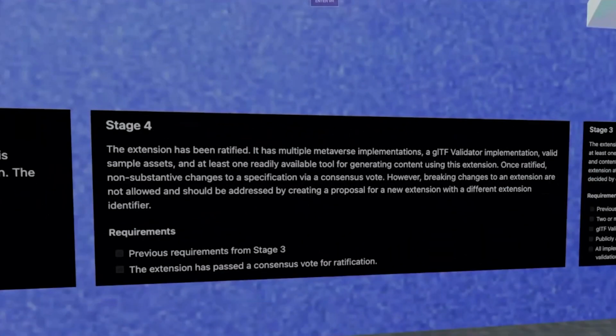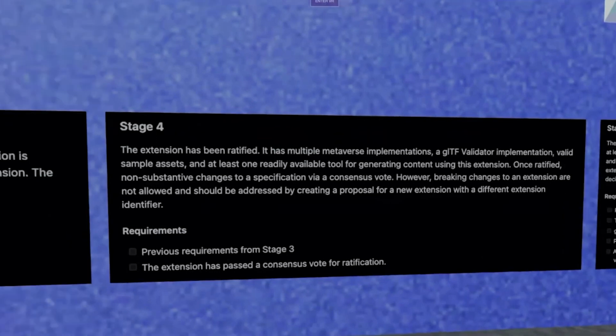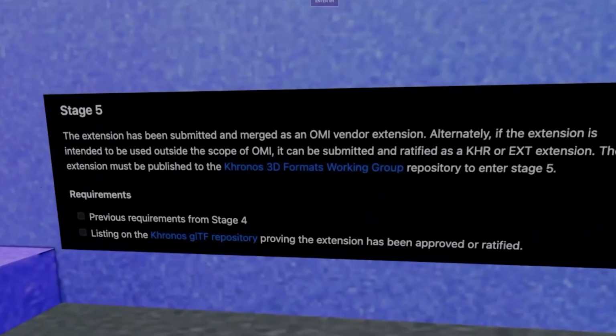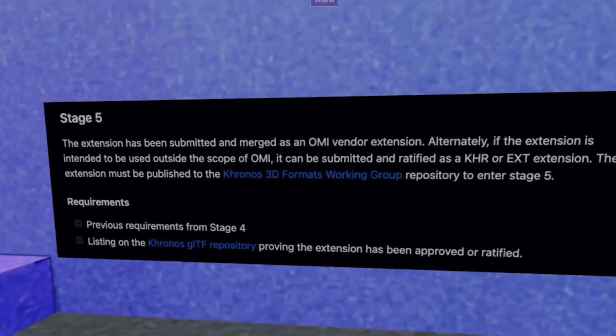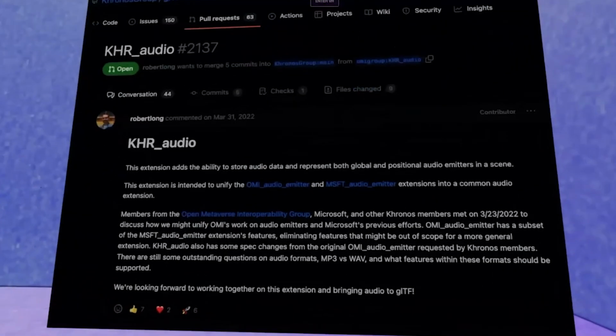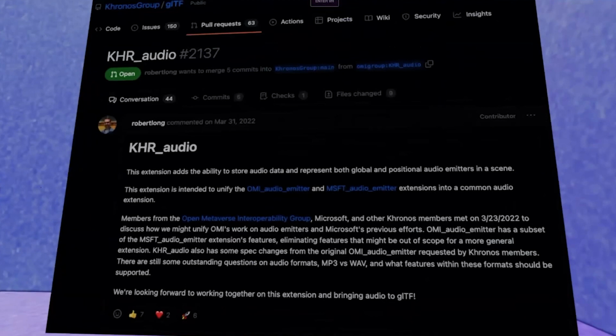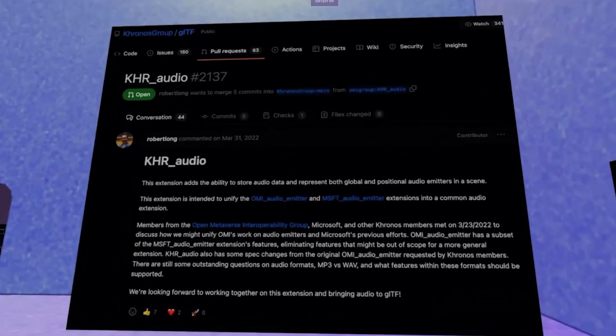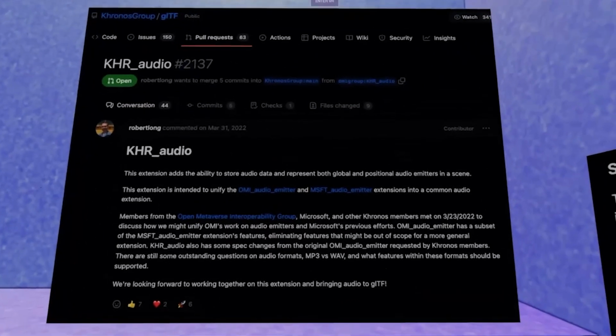Then we get into stage four, where the extension's been ratified, has multiple metaverse implementations, a validator, and it gets pretty deep at this point. It's pretty solid, and this is where we start to think about stage five, which is where we promote an extension or submit an extension to be considered to be an official Khronos extension on the glTF format. And we have one extension that is an example of that. We have KHR Audio, which is the one that started off as the OMI audio emitter. And it was inspired and worked in collaboration with the Microsoft audio emitter and some folks that were working on that standard